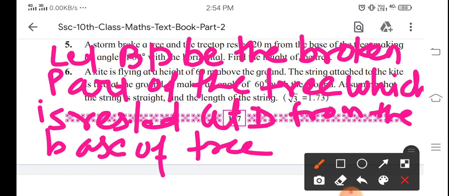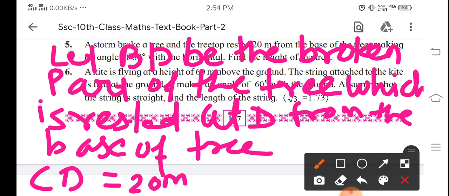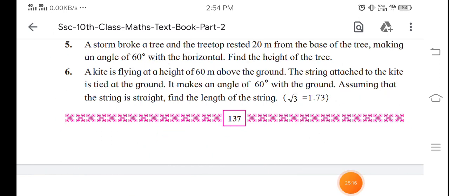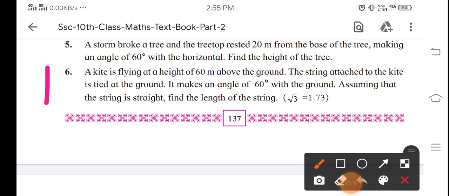Okay, now from this we got CD. Our CD is 20 meter. In the question only they have given, and our angle, that is BDC, we are making angle BDC, that is 60, right? So I think all these things are given data. So let's move ahead and we'll see the diagram again, and we'll solve that right angle triangle. So this is the diagram.